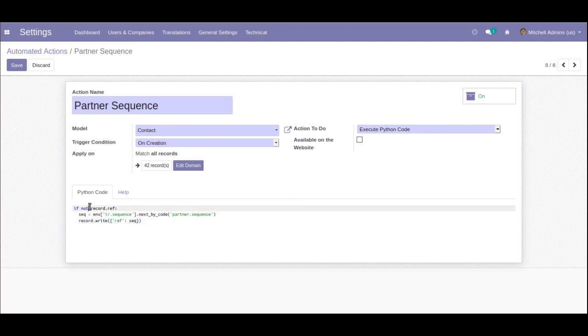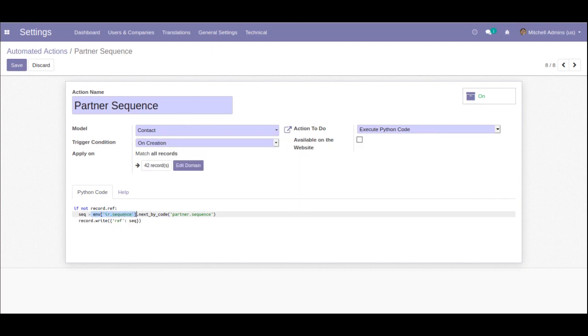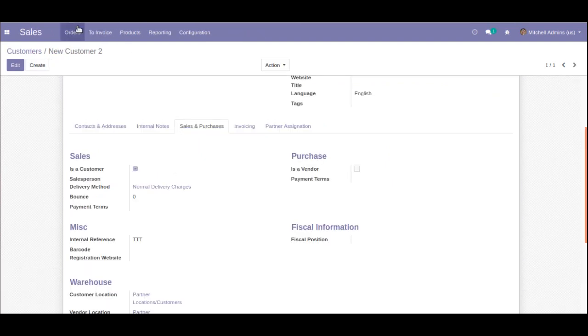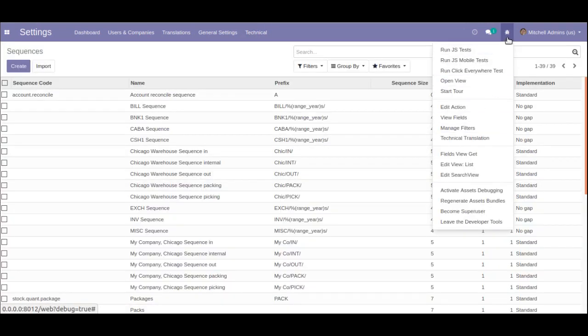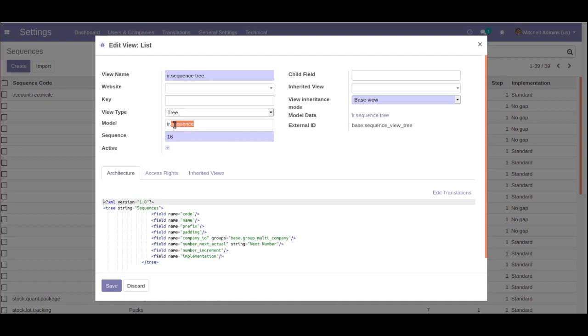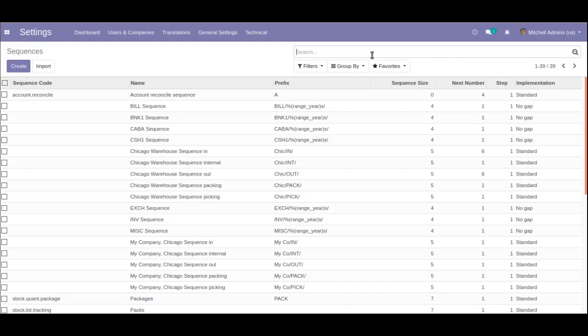Okay, so in that case, we will be searching inside the ir.sequence model. The ir.sequence is the model of sequence. If I come to the settings, then to technical, and if I go to sequence, if I click on edit here, from here you can see, if I click on the debugger button and then edit view list, you can see it's ir.sequence. So what I am doing is accessing that model, env ir.sequence, and I have to get the next number of the sequence, and I will be specifying the code of the sequence, that is partner.sequence, which we have given here. If I search for partner in the sequence,